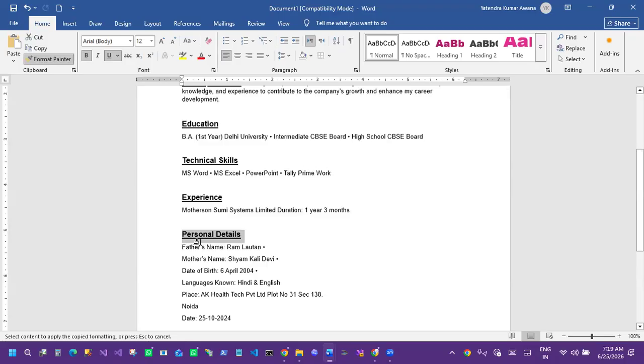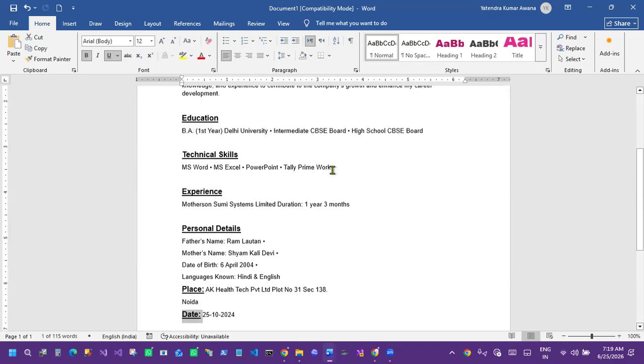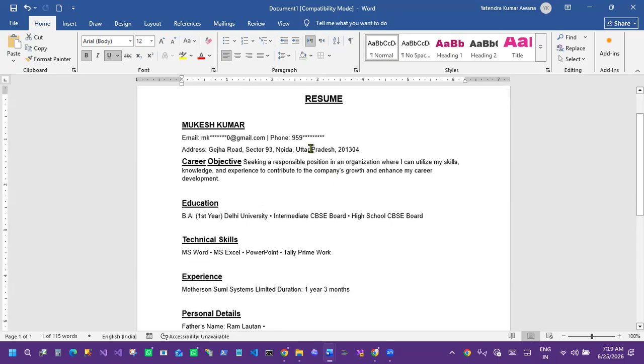So this is the way it works in Microsoft Word. Now you can think how easy the formatting is, right? And now if you want to remove this Format Painter, then you can click here. So it will be removed, it will be deselected. You need to click 2 times.